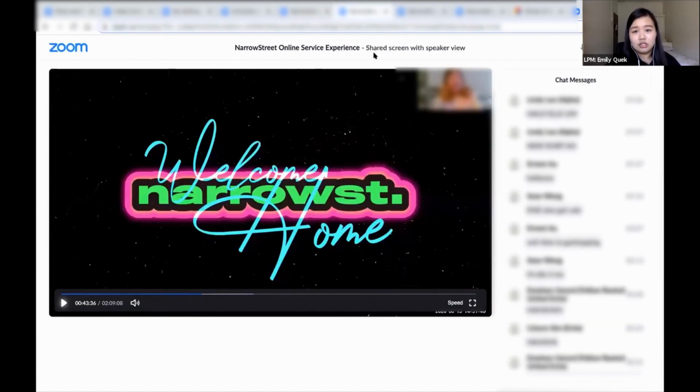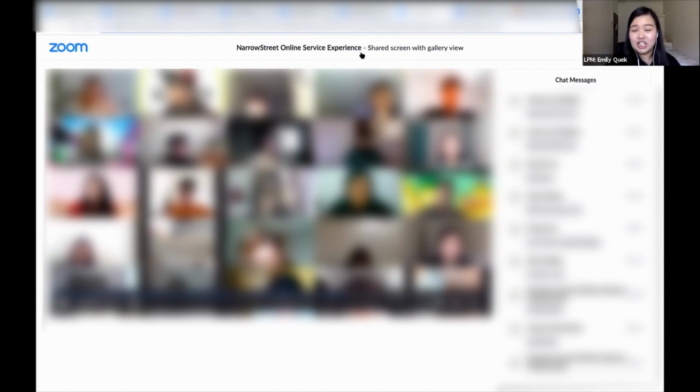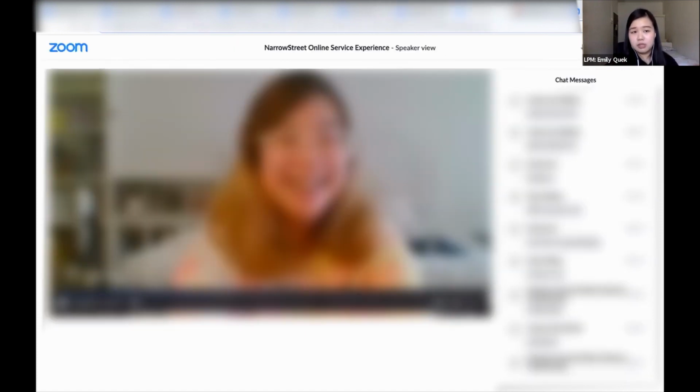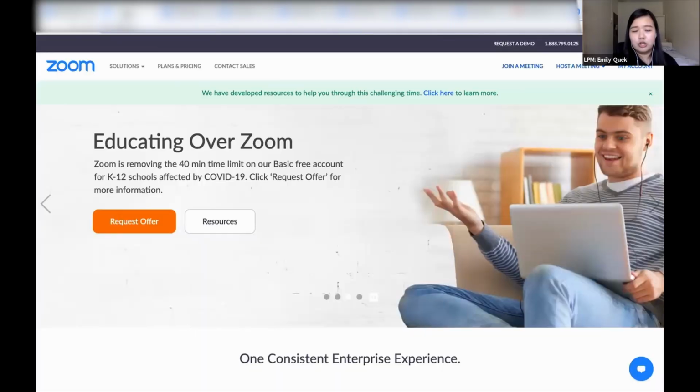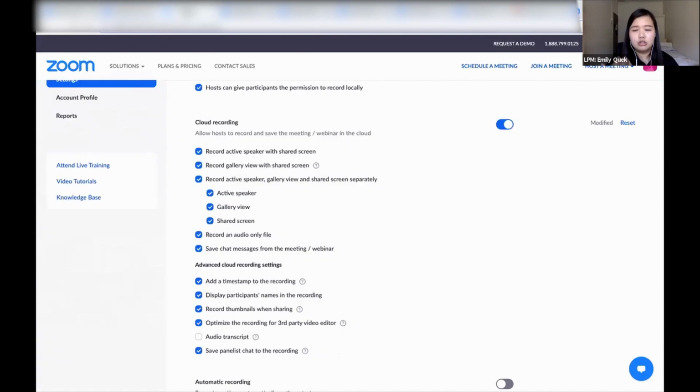Another one is called the shared screen with speaker view. So the active speaker, oh wait, I already showed you this. Anyway, shared screen with gallery view. So when there is no shared screen, it will show you the gallery view instead of just the speaker view. And last but not least, only the speaker view. So these are just things that might be really helpful for you if you want to share your recordings of